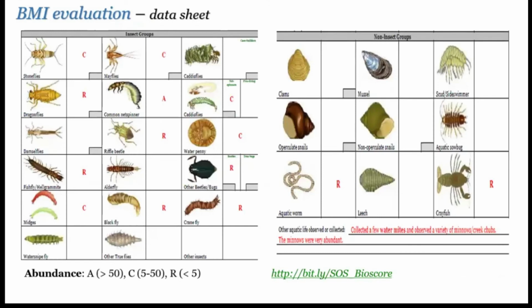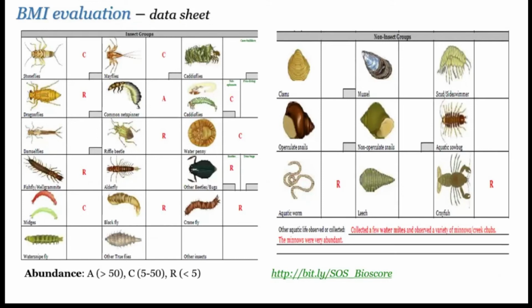We're going to switch gears a little bit, and we're going to talk about how we evaluate these organisms once we collect them. I'm going to go through just an example here of a data sheet from the Save Our Streams program. This is the level 1 evaluation. There's a data sheet, and once you collect all your animals, you start recording. At this level, you don't necessarily count everything. You estimate their abundance. You can see the scale below.